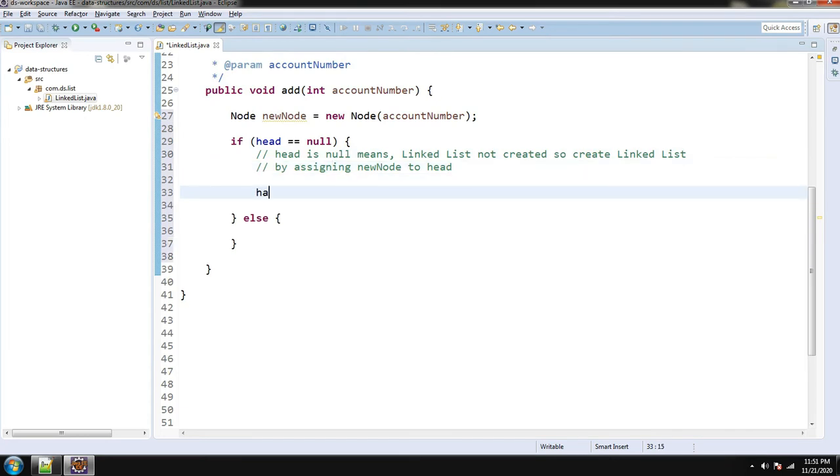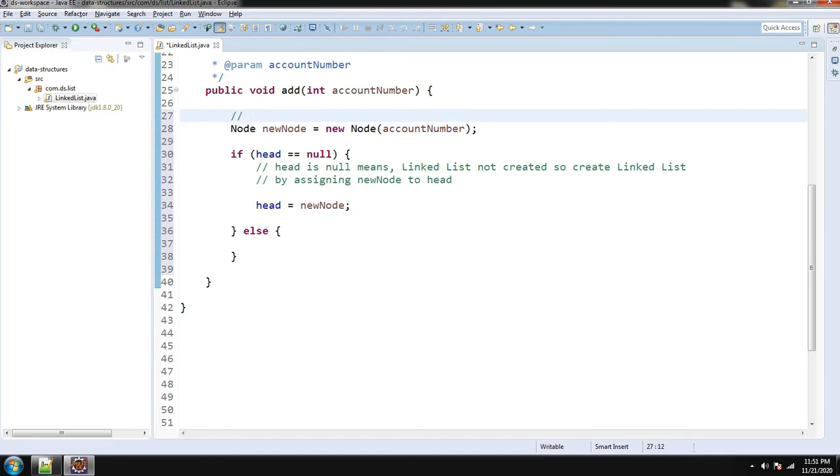If we assign head equal to new node, it means the linked list is created with one node as the root node or head node. I'm adding a comment there also: create node with given account number.